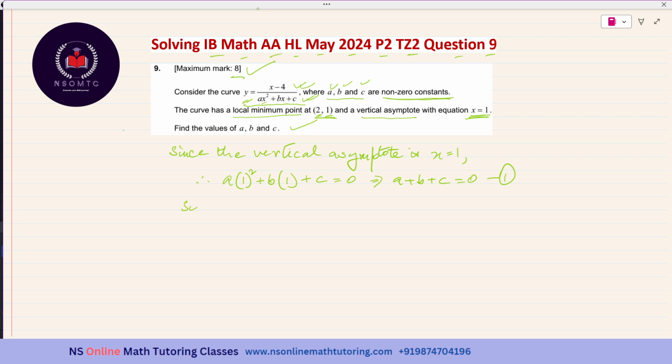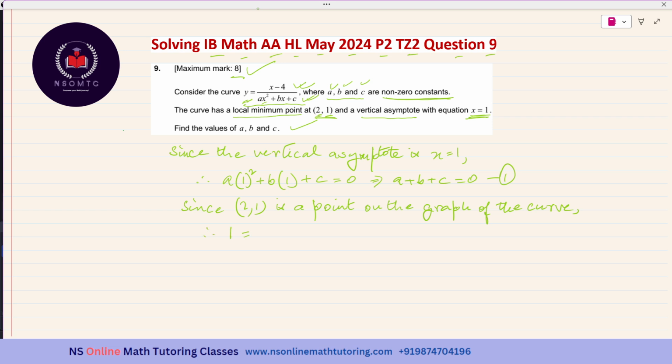So since (2, 1) is a point on the graph of the curve,